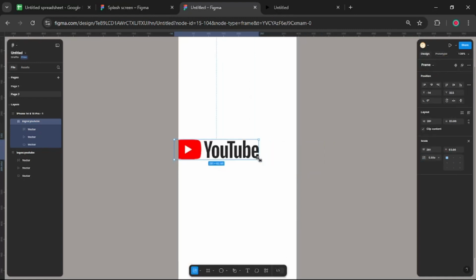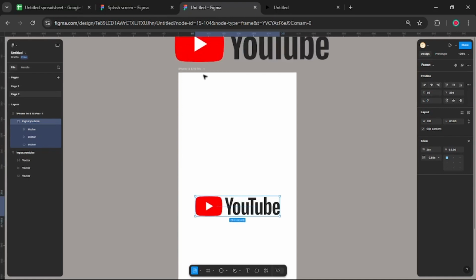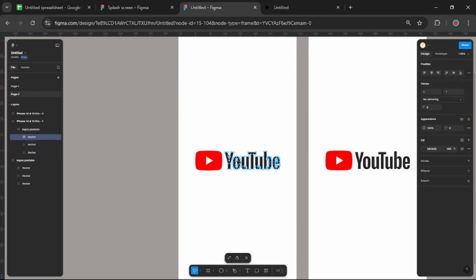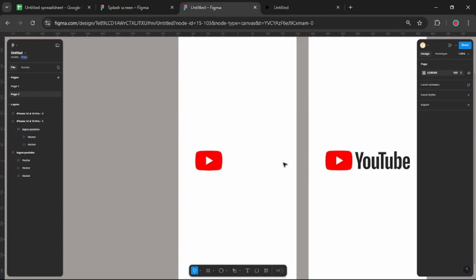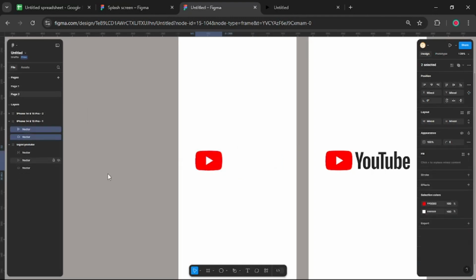and make it a little smaller. So this portion you can choose this. After that, you duplicate this and this YouTube you can delete. You can delete it. So after that, this YouTube logo you can ungroup it. So this, choose the position in center again.